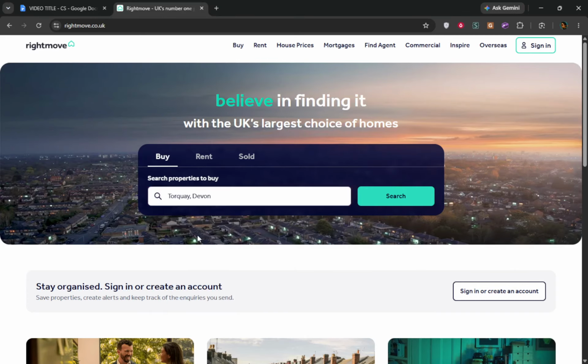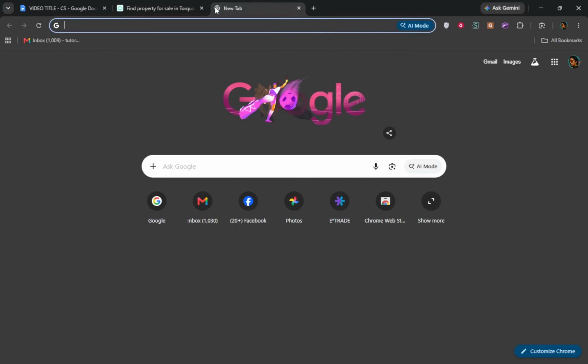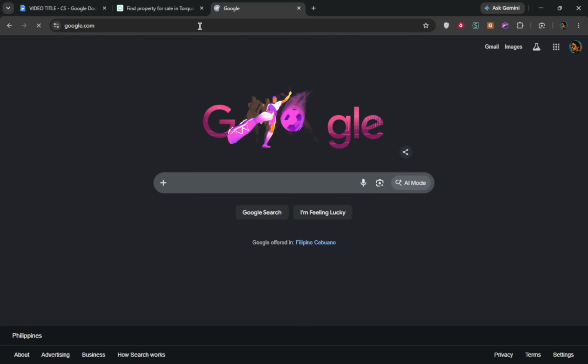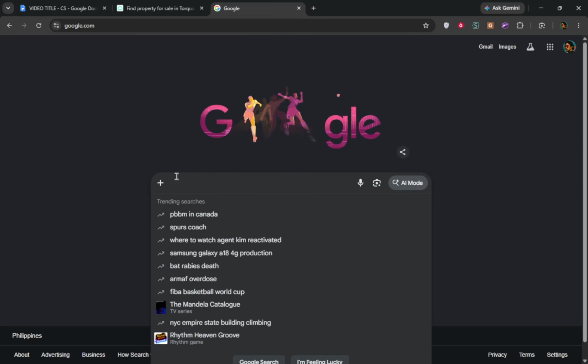If you want an app-like experience on Windows, you can install the Rightmove website as a progressive web app, or PWA. This option is available in browsers like Microsoft Edge or Google Chrome. To do this, look for the browser's Install App option, usually found in the Settings menu or as an icon